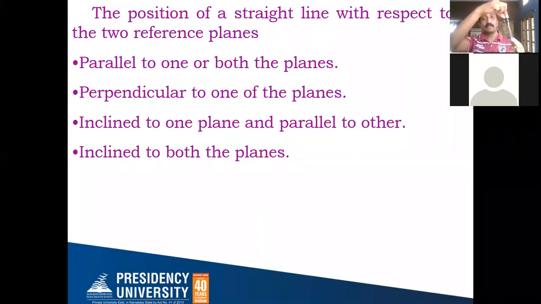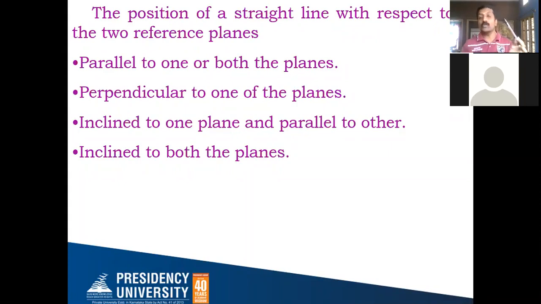See, I have rotated it. While rotating it, the locus of this other point does not change. Only the position of the point on that line changes, but the locus doesn't change. Then, in the front view, if you see this line, because it is parallel to VP, the front view will give the true length. After that, you bring it back to its original position.